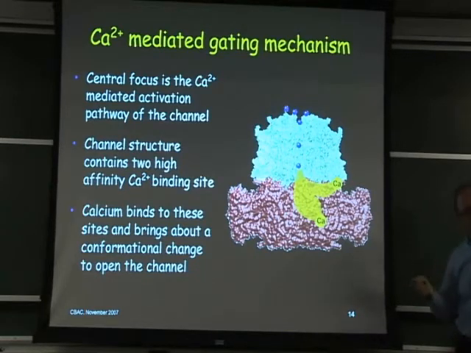Now, from a series of studies from Jiang's lab as well as other labs, Chris Lingle's lab, and so on, it's been shown that there's at least 2 independent pathways for calcium activation. There's a high-affinity site in this RCK1 domain, as well as a high-affinity site in what was known as the calcium bowl. Okay, we're going to completely ignore this last thing I mentioned, the calcium bowl, and we're going to simply be looking at this pathway that comes to the RCK1 domain.